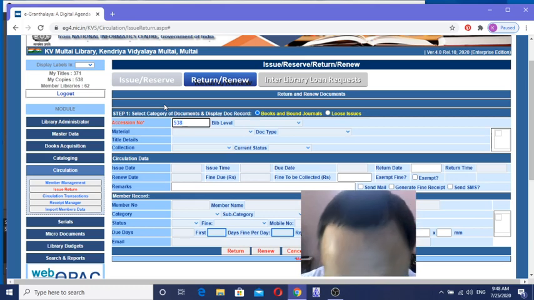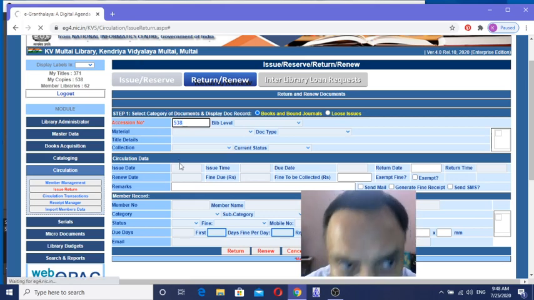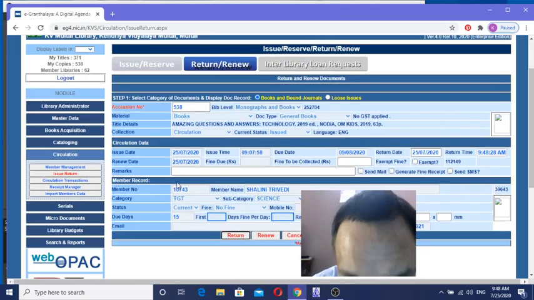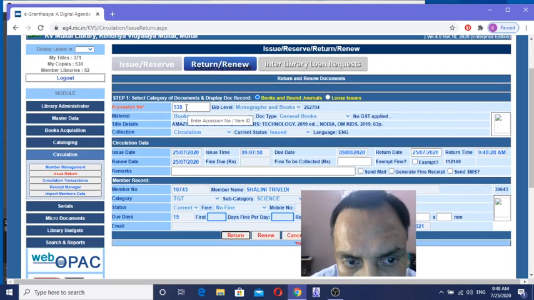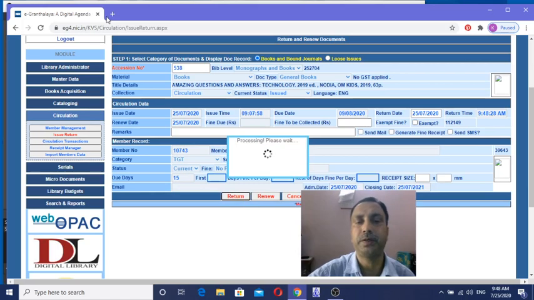I am going to return this one. After typing 538, I have clicked on enter. I have pressed enter, and now I am going to return this one. Here I am clicking on return. The book will be returned.